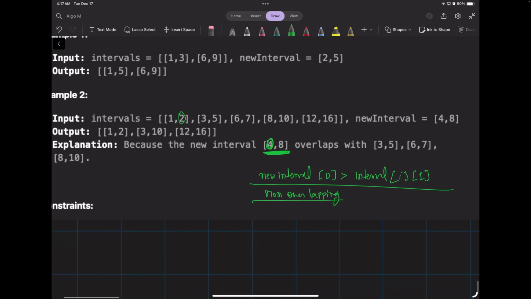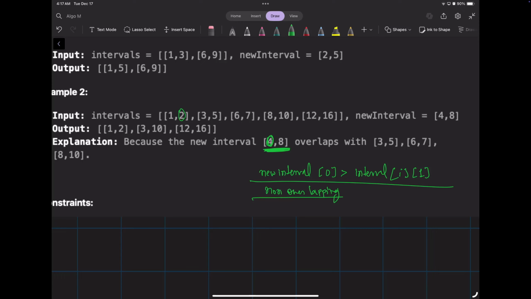Right now, when it means overlapping, so